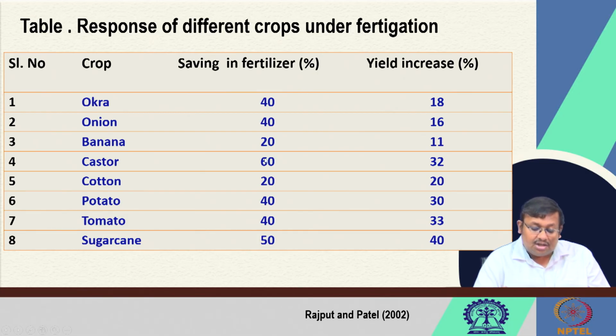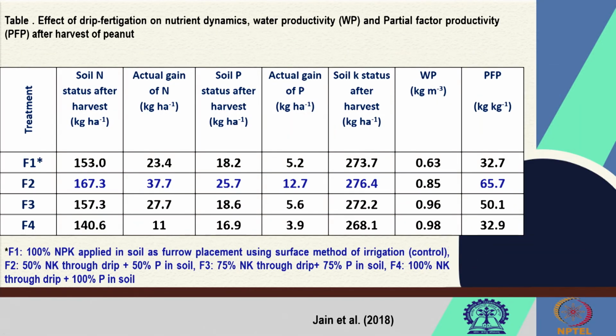So, 20% in cotton and 60% in castor, and also we can see the percent yield increase varying from 11 to around 40%. So, that shows that use of fertigation can not only save the fertilizer, but also simultaneously it can increase the yield. Also, if you see the effect of drip irrigation on nutrient dynamics, water productivity and partial factor productivity, we